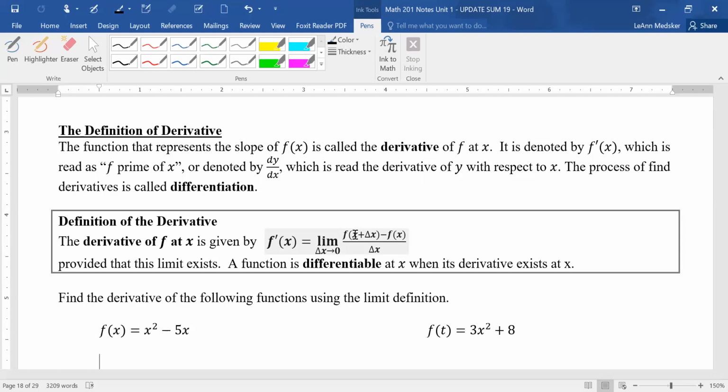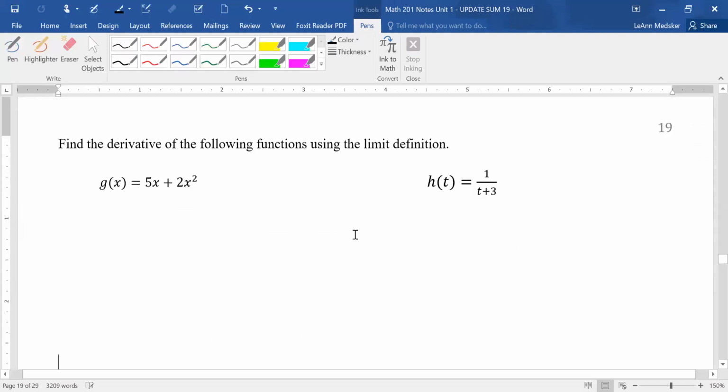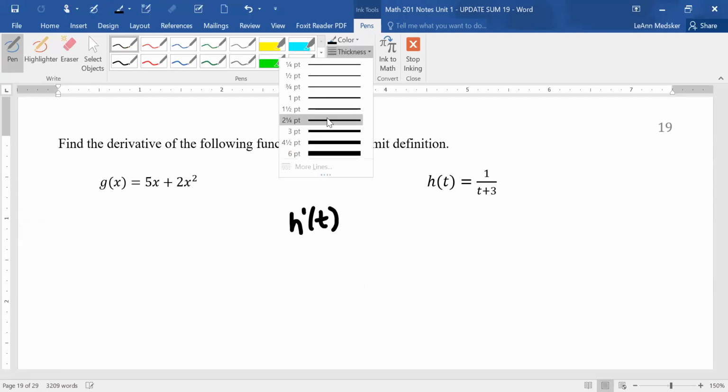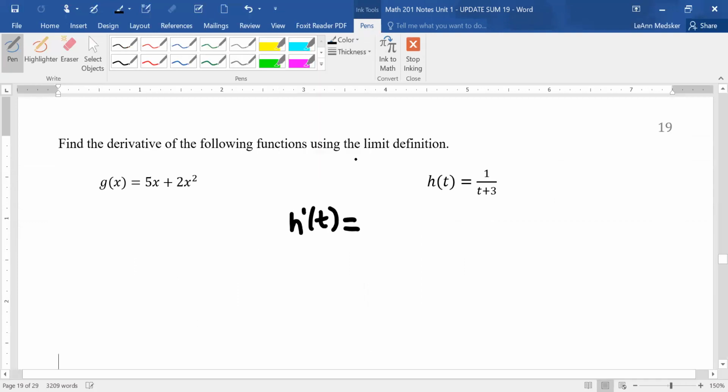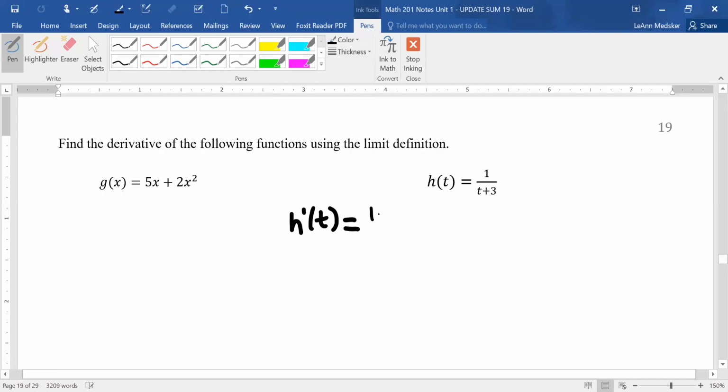Since we don't always have a specific point given to us, we usually have it written in terms of x's. So let's look at this one with the 1 over t plus 3. The way I'm going to write this out is I have to write that this is h prime of t equals, and then remember we have our limit as delta t, since this is a t this time, goes to 0